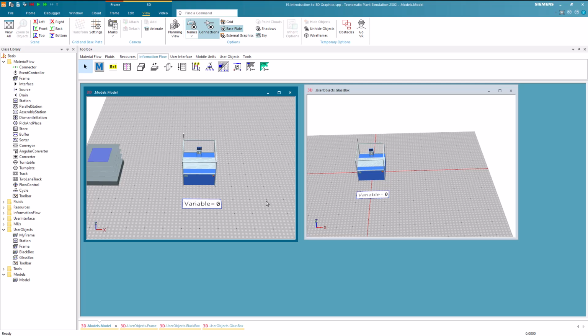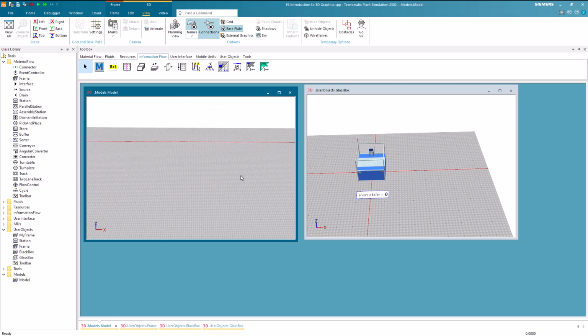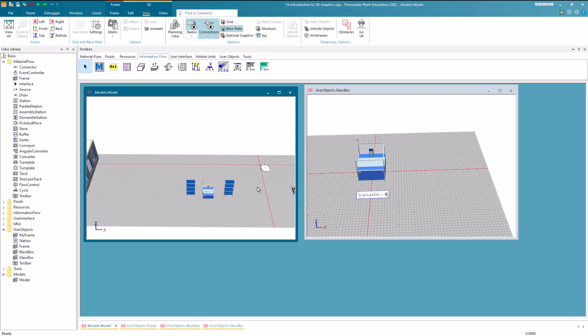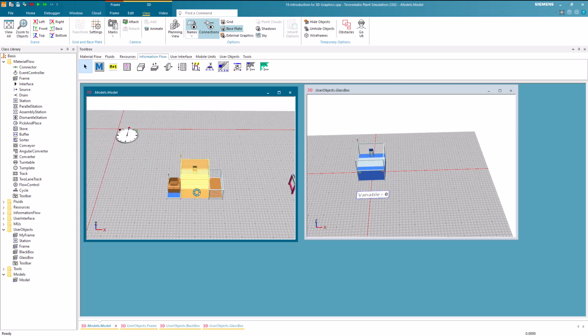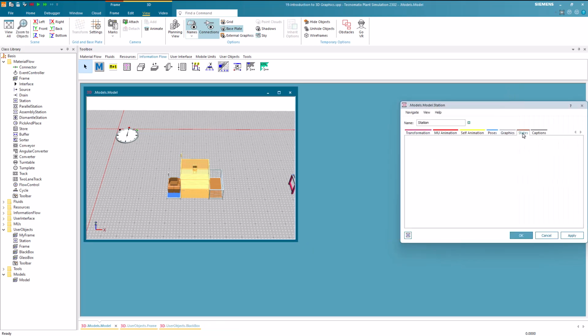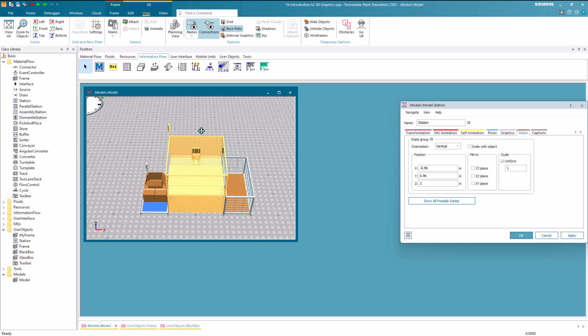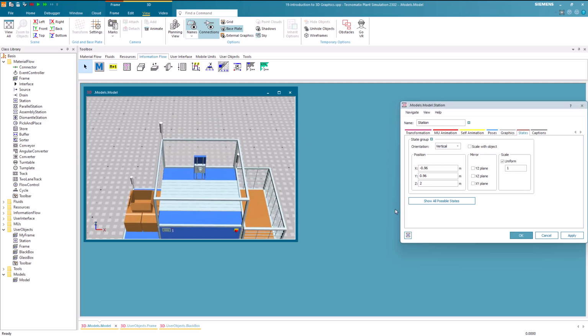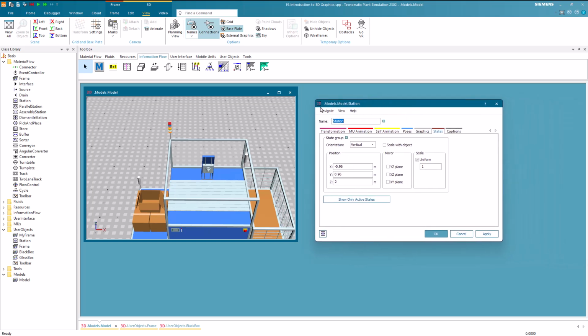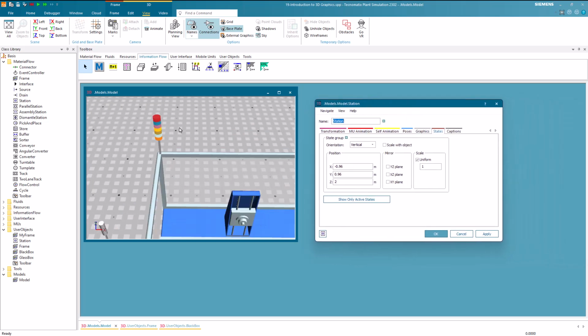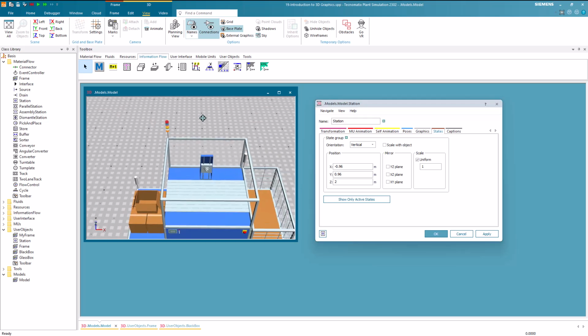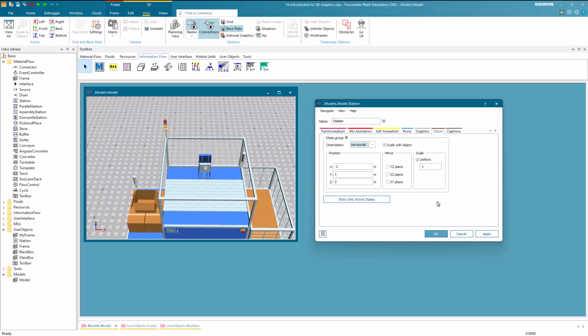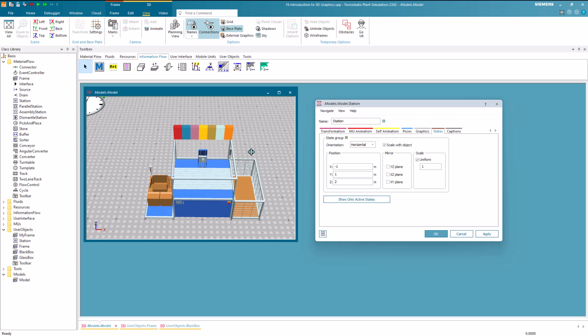Now we again open the Edit 3D Properties of the station and switch to the States tab. In the States tab, we can adjust the visualization of the states. By default, the states of the station are shown vertically on a pole. If we now click on Show All Possible States, we will see all the possible states on the pole. We can change the orientation to horizontal and apply the change. If we now again click on Show All Possible States, we will see that they are arranged horizontally.